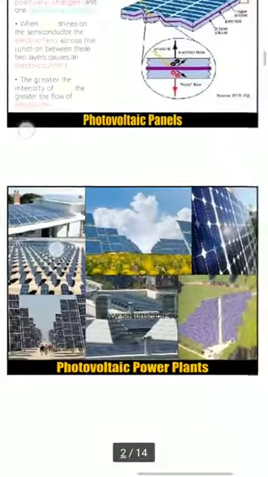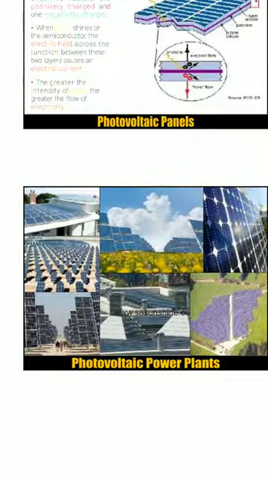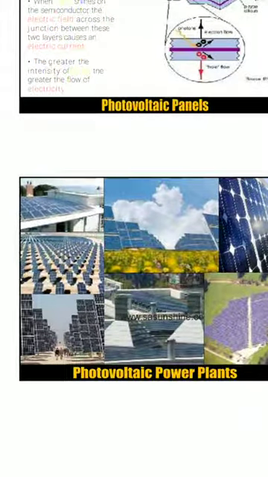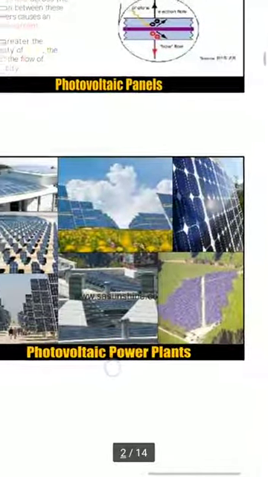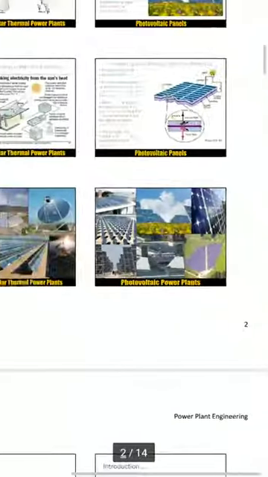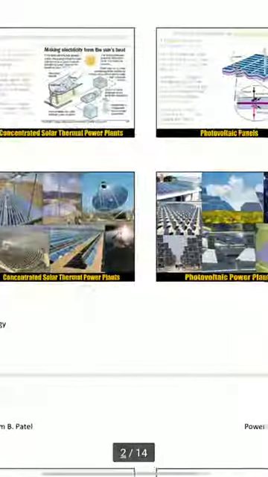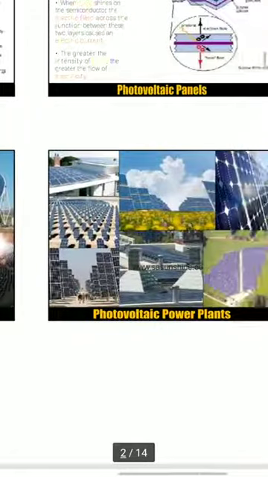These are the basic pictures of solar panels and photovoltaic cells, which are located on floors and plain grounds, where particular directions and angles should be used for concentrating this solar energy into electricity. So this is all for today.